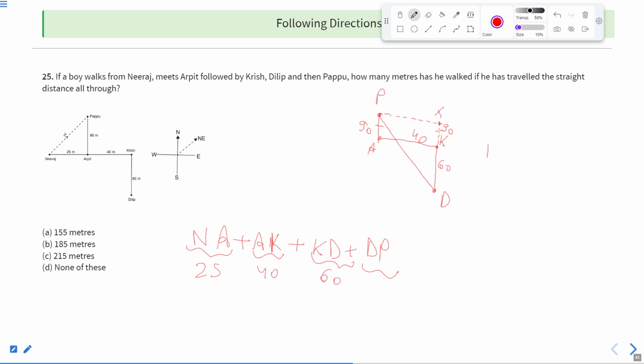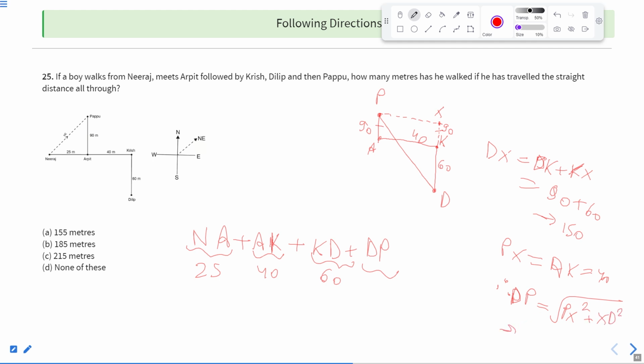D to x, which is one side of the triangle, would be DK plus KX, which is equal to 90 plus 60, which is equal to 150. Also, PX, which is the other side, is nothing but AK, which is equal to 40. Therefore, the height PD would be nothing but the square root of PX square plus XD square,